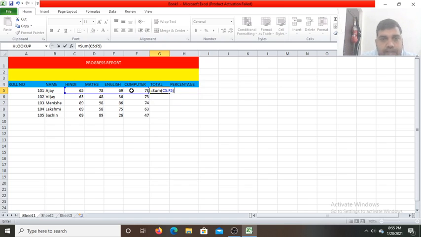So we close the parenthesis. After closing the parenthesis, when we press the enter key, we'll get the sum in cell G5, the cell where we wrote the formula. Now see, I have pressed the enter key. Now you can see this 290, the sum.